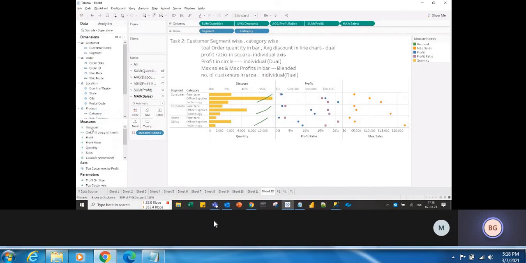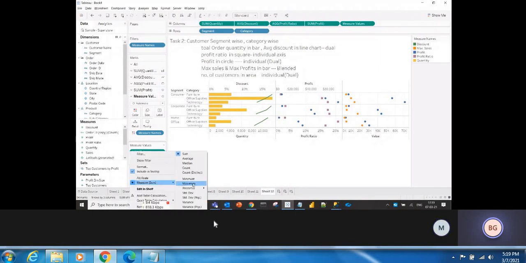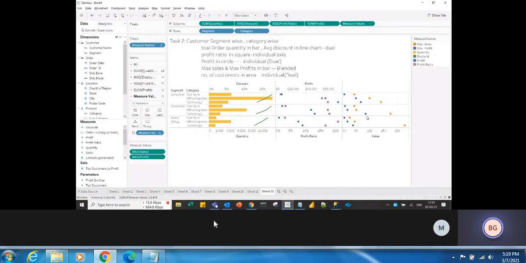So profits. Yeah, drag the profits and drag it into the existing axis of the sales. Okay, so this is the existing axis. So here we drop it. So it has taken maximum sales and sum of profit. Correct? Yes. Because by default it will take the sum. So just change the aggregation to maximum. Okay. So that has to be in bar chart, right? So here change it to bar chart. Okay, so now we have bar chart.